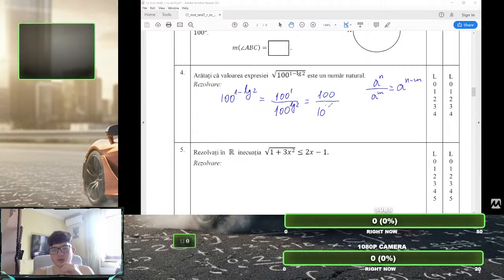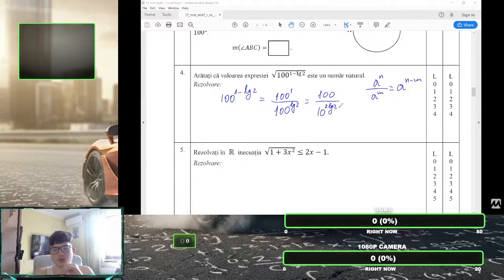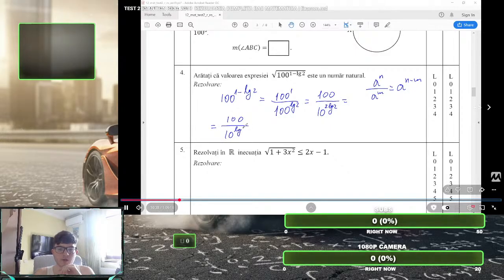Yes, if it's minus like that, so it's basically that divided, I guess. So you have 100 right there. I think you should put 10 to the power 2 on top, I don't know. Right there you have 10 to the power 2 times lg of 2, which is, like I said, log with base of 10. 100 right there, lg of 4, so I can actually just pop that,